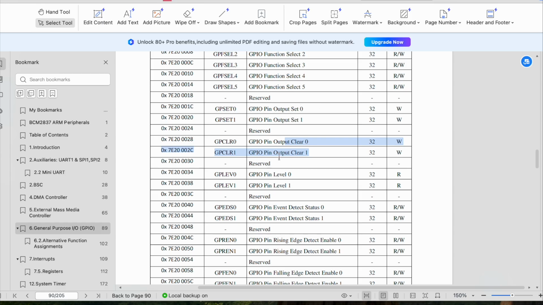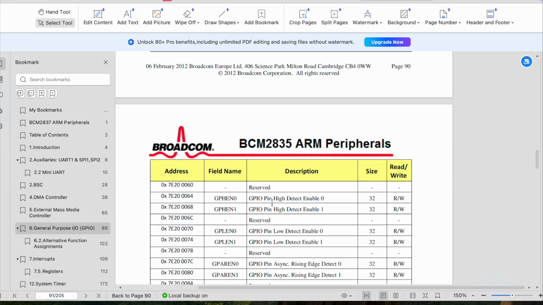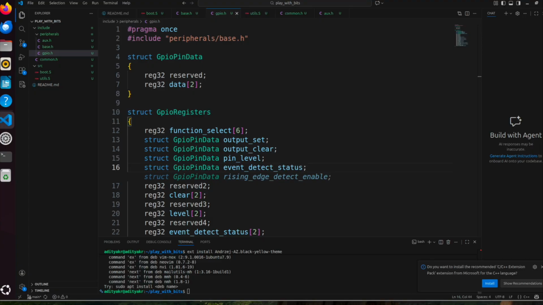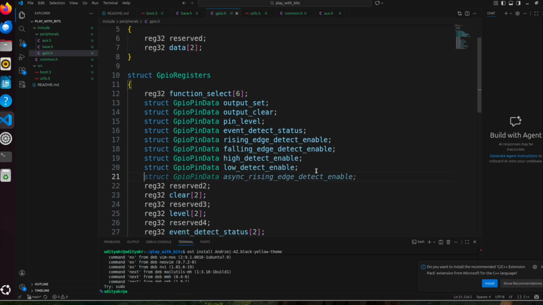Here you can see after output we have pin level, then detect status, then rising edge, then falling edge, and pin high detect, low detect, async rising, async falling, and then pull up enable, pull up pull down enable, and pull up pull down clock. The same way I will follow there also. So event detect status is done, and then we'll go through the rising edge, then falling edge, then high detect enable, then low detect enable, then async rising edge. Actually, this AI has detected that register space and is directly suggesting from there, but you should keep verifying whether it is giving the correct one or not. Now async falling edge detect enable, and then we need some